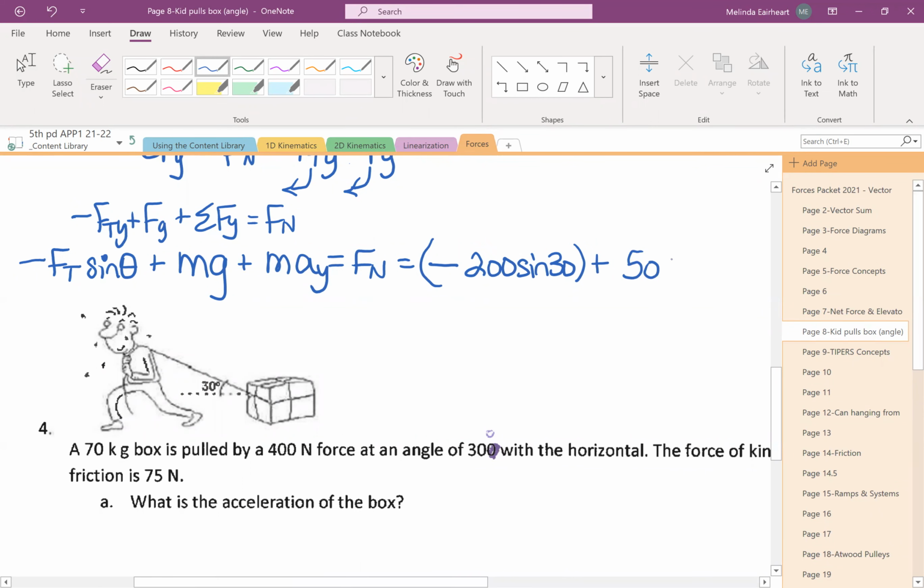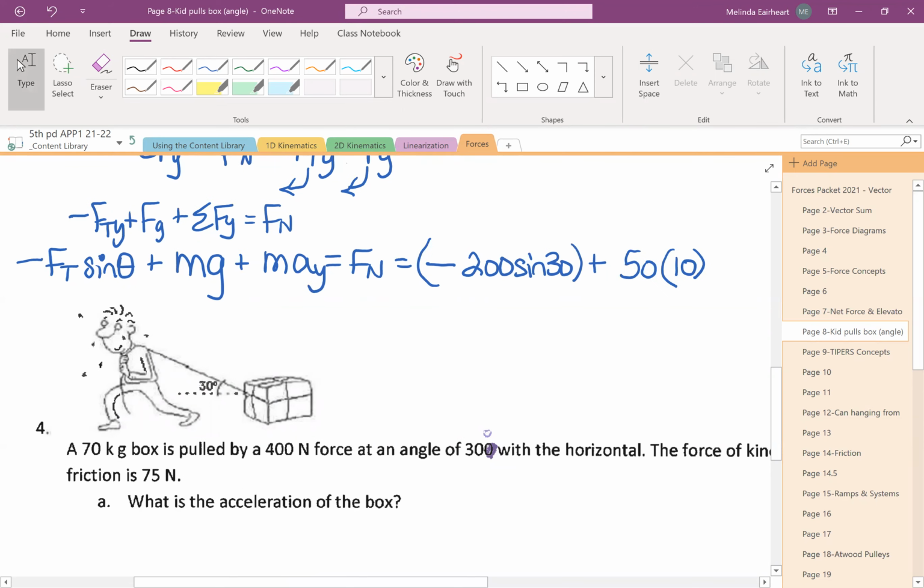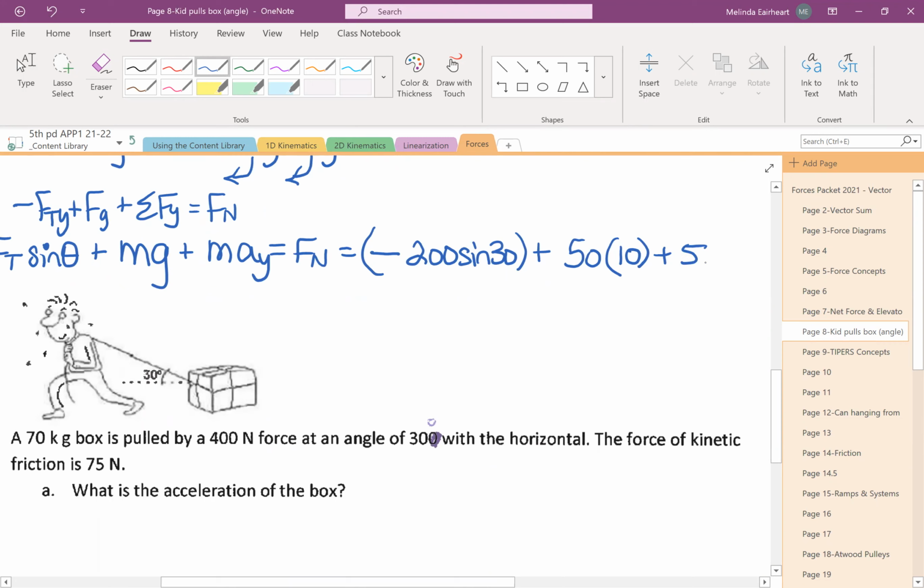And then G, 9.8. I'm going to go on and use 10. And then mass again. What's your vertical acceleration when you pull this box and it moves horizontally? Vertical acceleration is